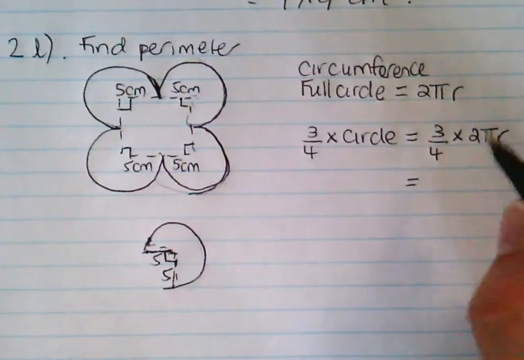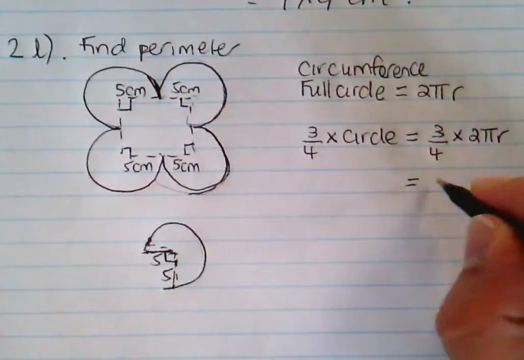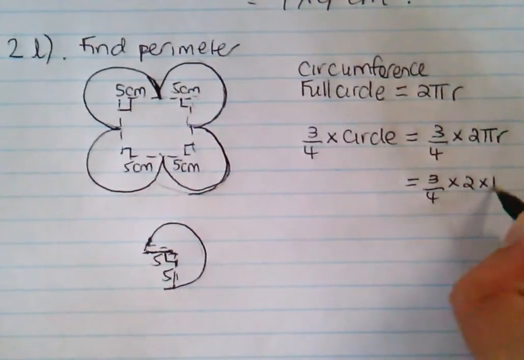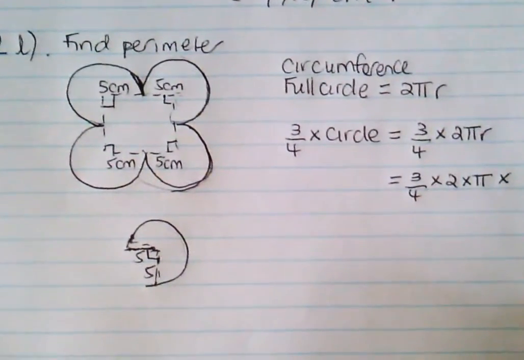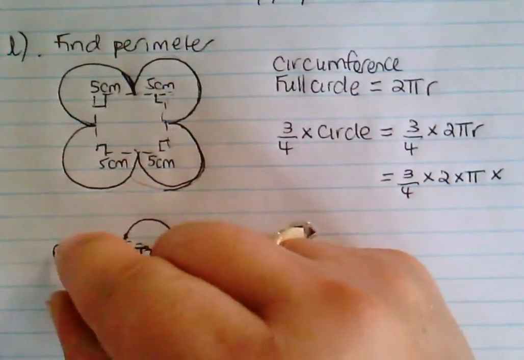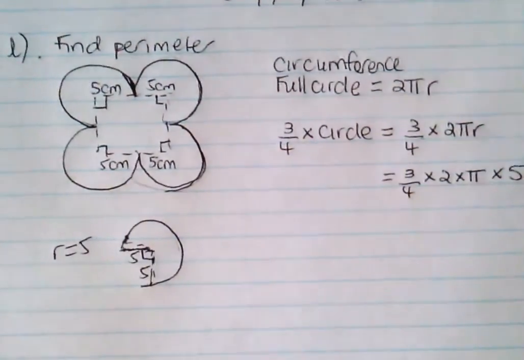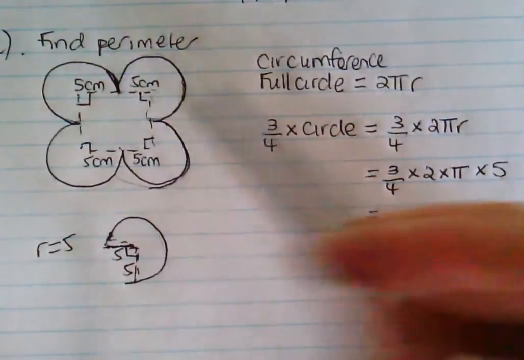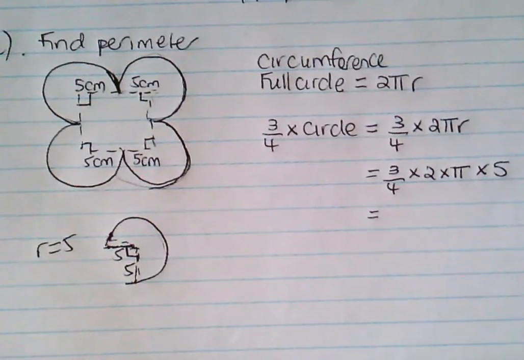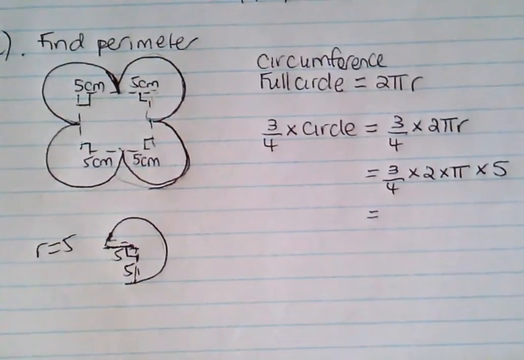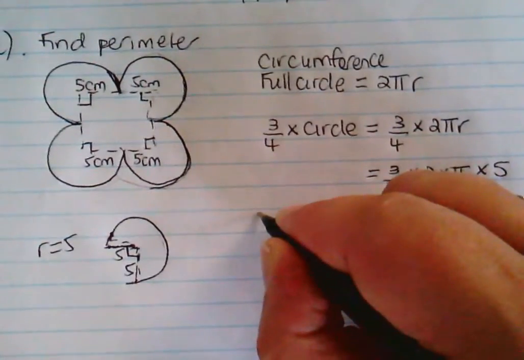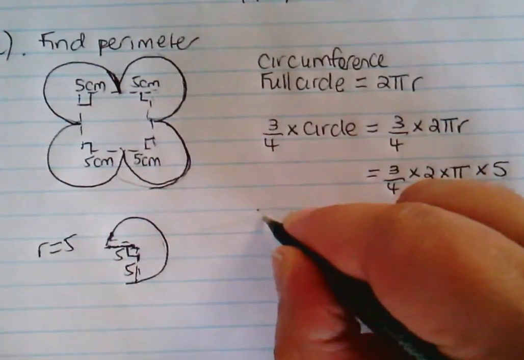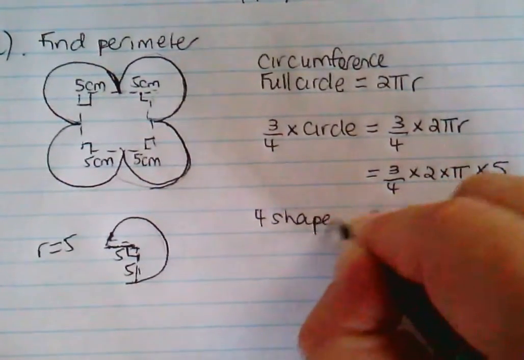You can work that out if you want. 3/4 of one circle, so 3/4 times 2 times pi times, what's the radius? 5. So the radius is 5. You can work it out if you want, girls. That only does one piece. Do you want to do all of them before we start putting things into our calculator? So the four shapes, can I write 4 shapes? So the 4 shapes will be